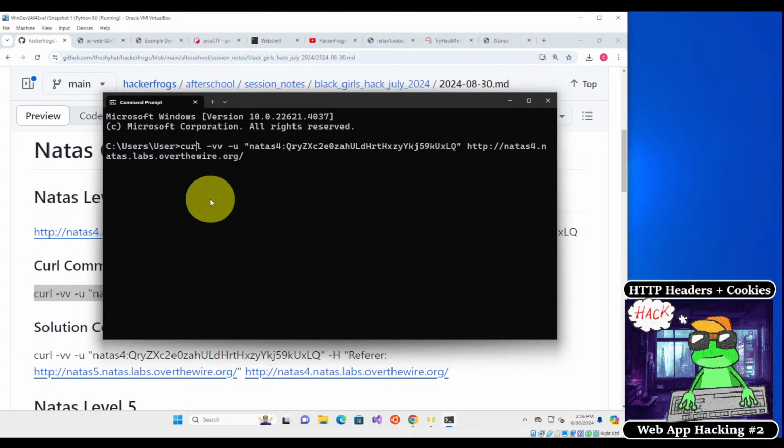But let me explain what this is doing over here. This command is curl, and then we do -vv for very verbose output. That's going to give us more output than usual. And then because we need to supply the username and the password, we have to use this -u argument right here. So inside of this quote, we have our username and the password separated by a colon. And then lastly,